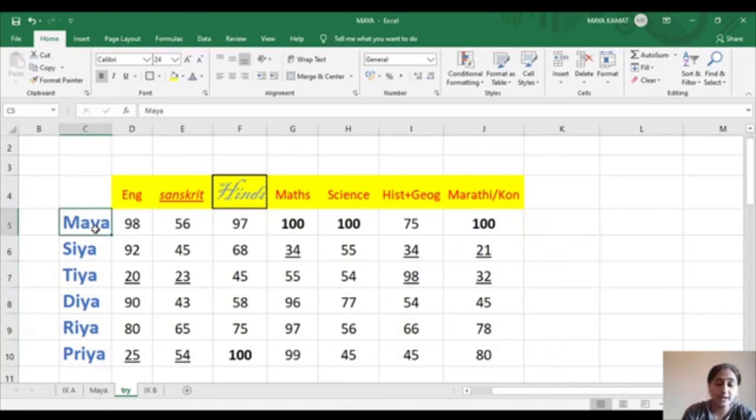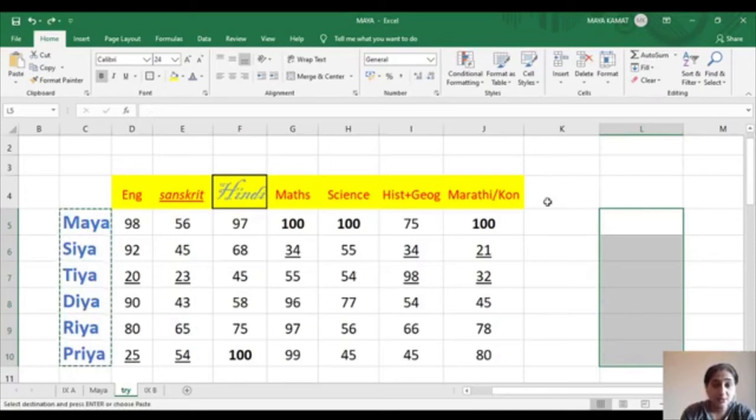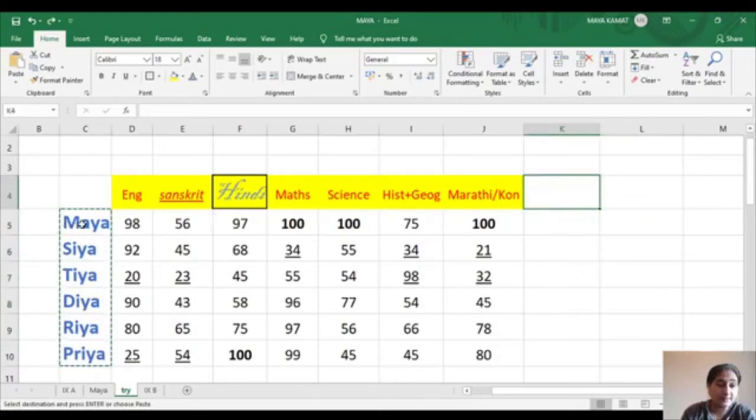Similarly, you could also have cut paste. Now you have to tell me what the difference is. Again for cut paste, I am selecting the entries. I will say cut and elsewhere I am going to paste it. What is the change? It will delete from there and directly paste on the other side. Correct. Very nice. See, when you say copy paste, it will create a copy. It's like a Xerox.